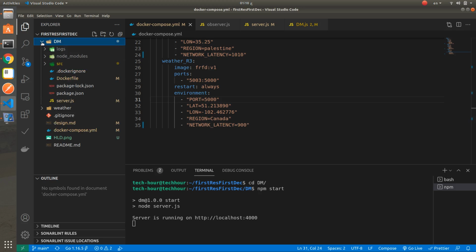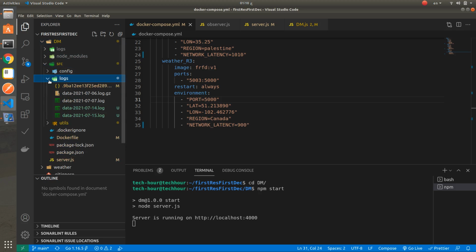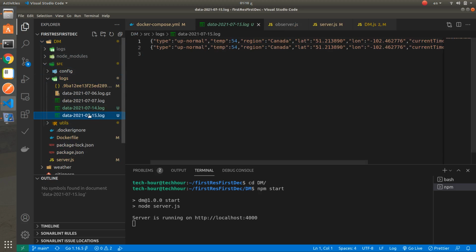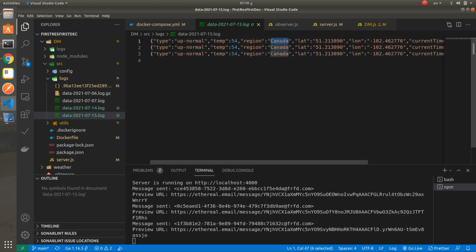Now let's open this to see the log files. This is the logs here. As you can see, this is the abnormal event, and it is coming from the Canada server.